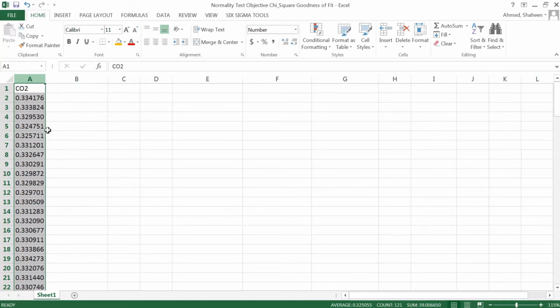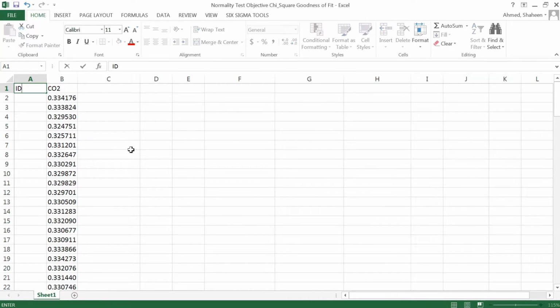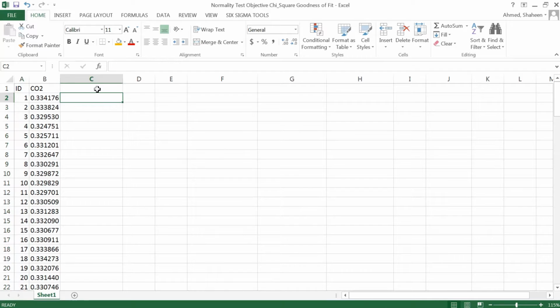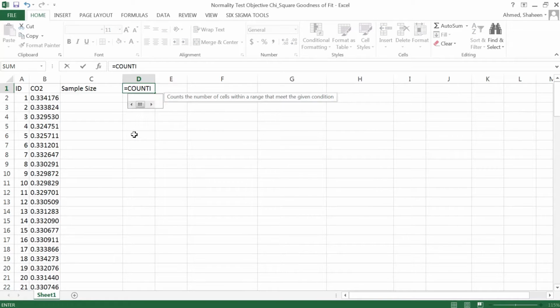So to start with any data, I would like to have IDs for these data points, because in case I have to go back to the original data, in case I sort or do anything, I can always go back. To do a normality test, I need to calculate first a few basic statistics. For example, sample size. I can use a function called count